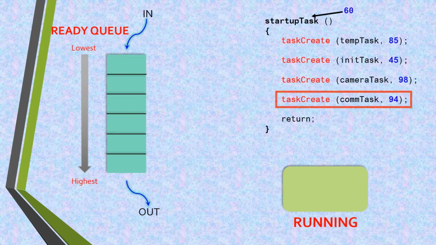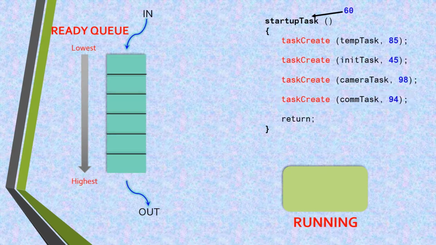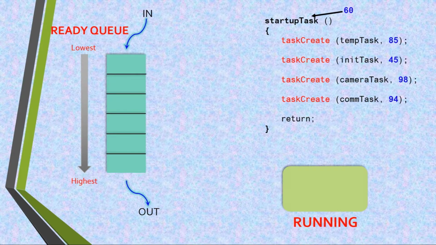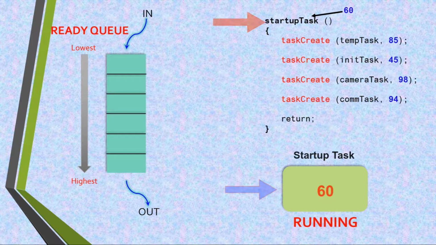So instead of the speed sensor task, let us take an initialize task with priority 45, which is higher priority than the startup task, or the highest priority among the other tasks. Let's see what happens. When the application starts running, the startup task starts executing, because at this time there are no other tasks existing in the system.